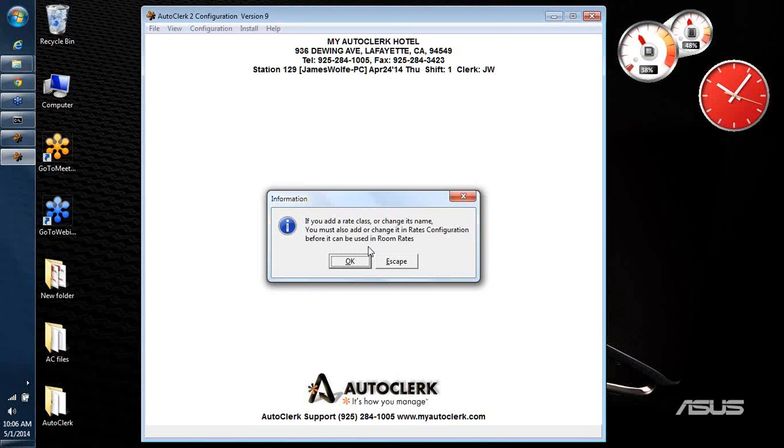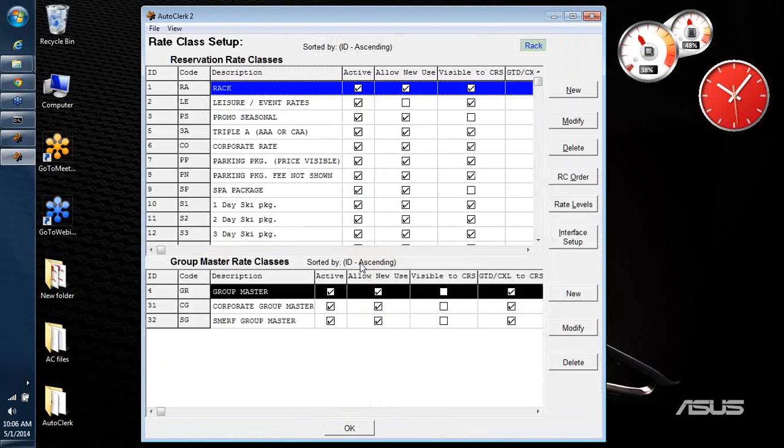Now, as always, when it comes in here, it wants to give you a warning that if you make any changes or add anything, you have to make sure you enter rates for a new rate class, or if you change a name, you have to re-enter the rates for it because it changes how the rates work. So in my first view here, what we've got is all of the rate classes that are built here, and I have rates and packages, and reservation rates and group rates. So reservation rate classes are